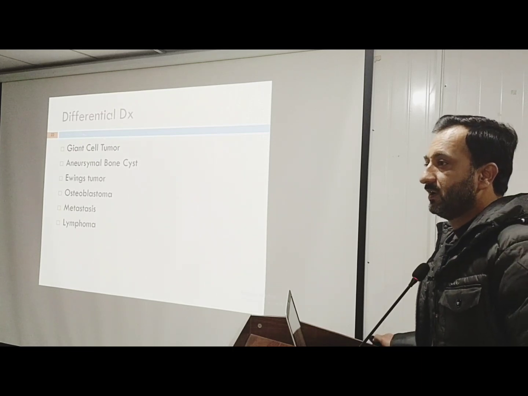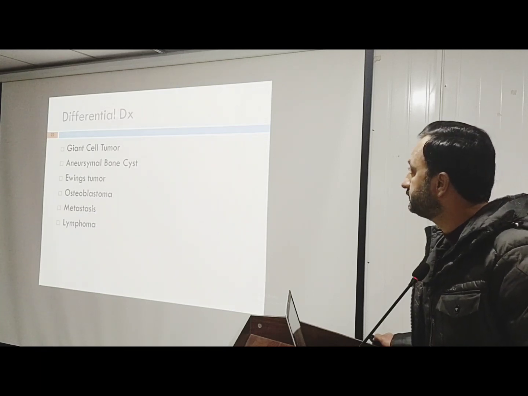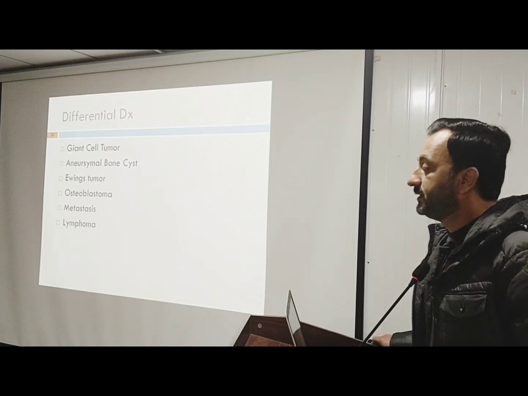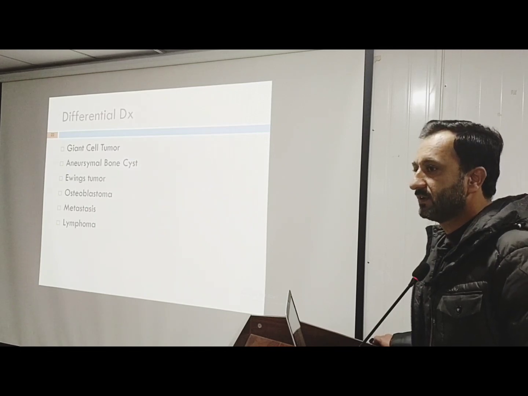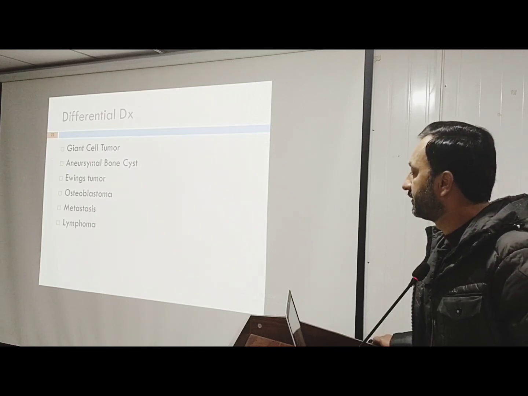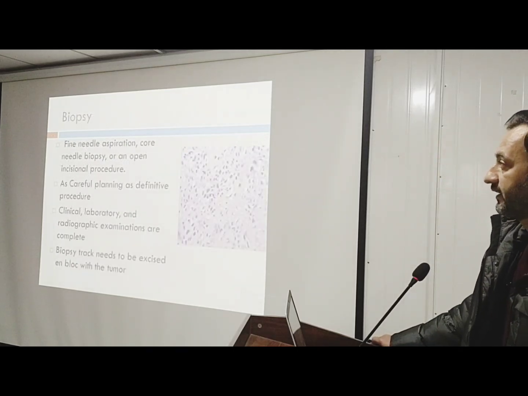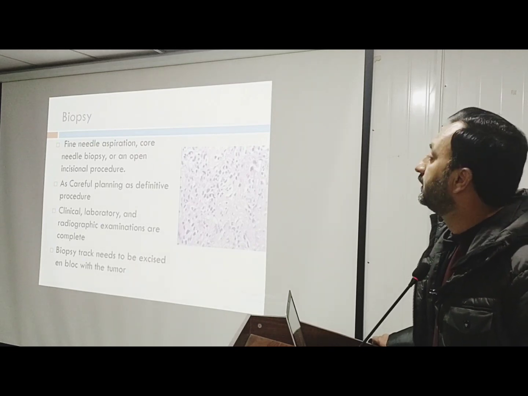Differential diagnosis: once you have done the clinical examination and investigations, you come to the differential diagnosis. Before doing a biopsy, it could be giant cell tumor, aneurysmal bone cyst, as we have discussed already, a rare Ewing sarcoma, osteoblastoma, METs and lymphoma. So once you have done all the investigations and made your mind clear, then you're going to do